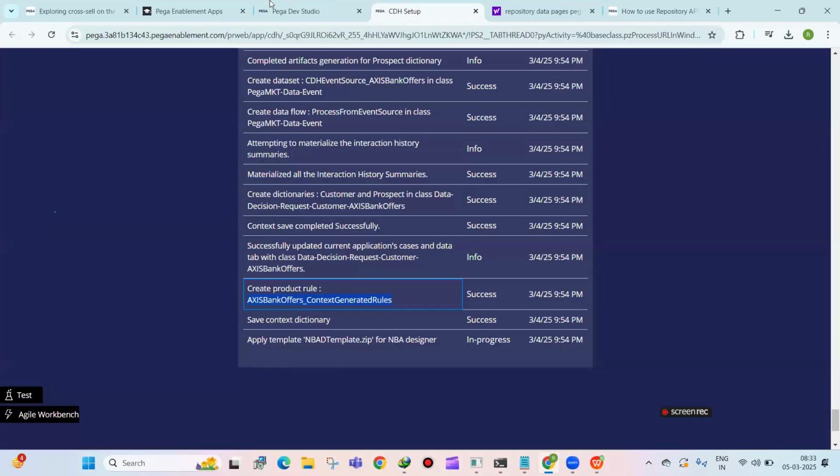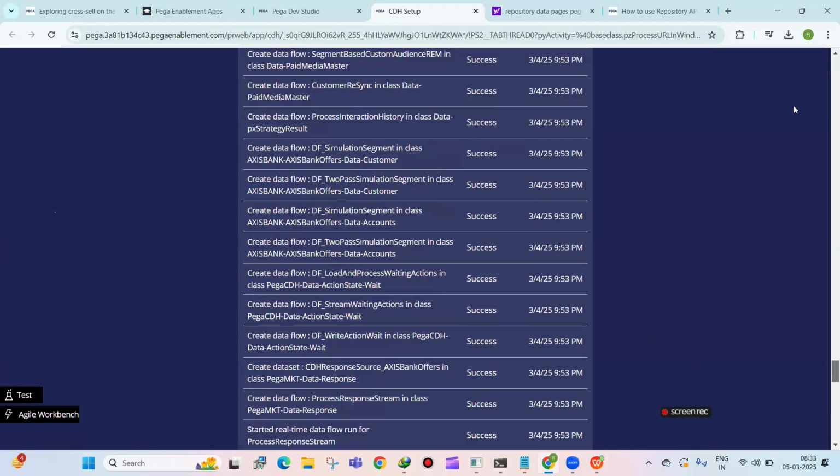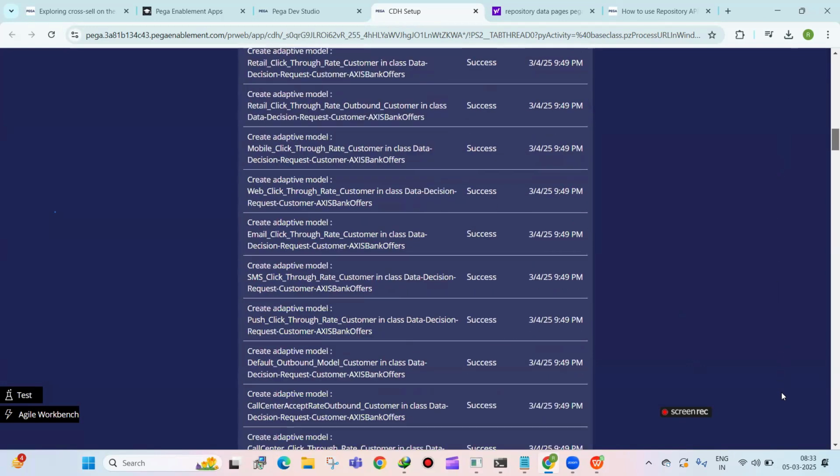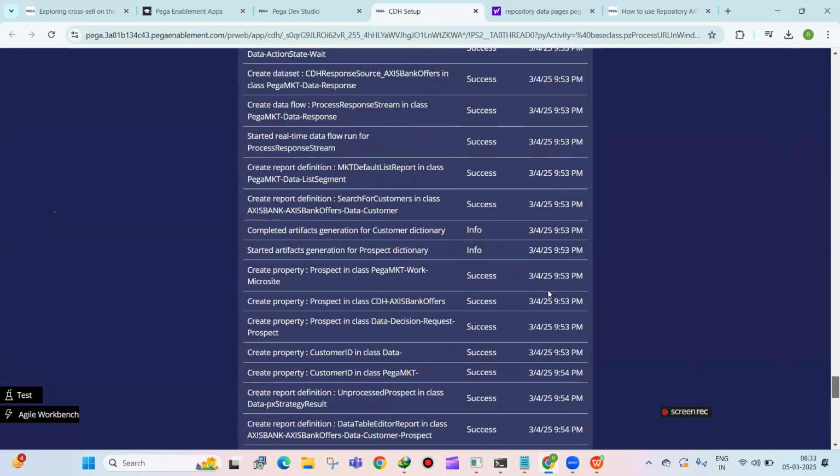Okay. Like what are those tables which are replaced by these file repositories? Interaction history. From the Pega decisioning point of view, interaction history is something that is replaced from table to file. Whatever offers you are sending, and whatever customers are interacting, everything will be stored in